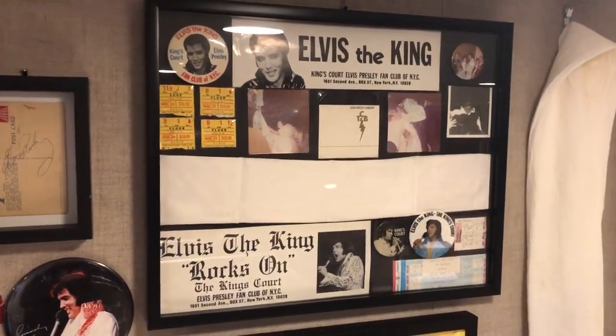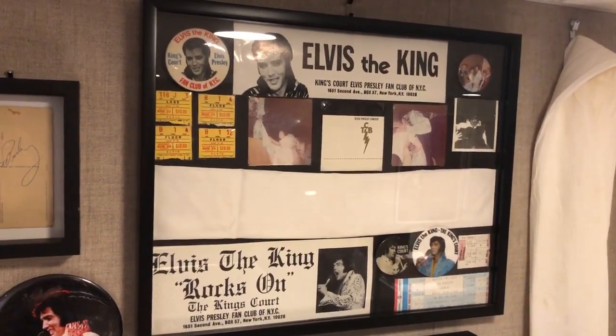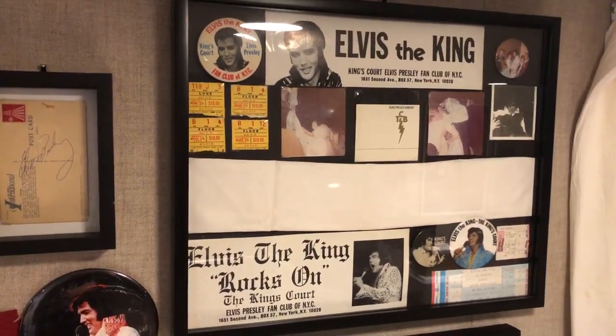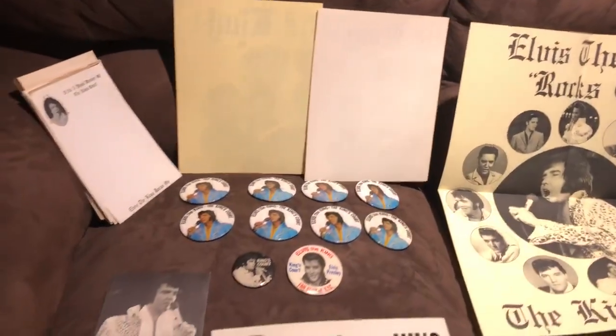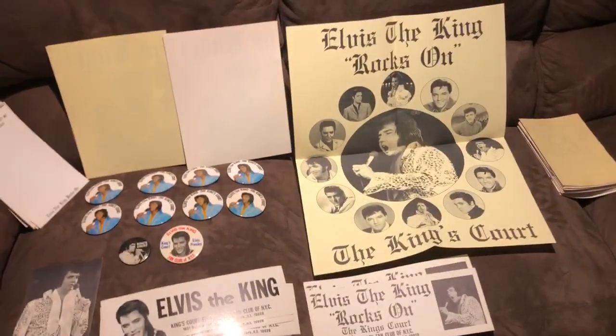So this shadow box shows some of the items. You have the button up top with the buttons, the bumper sticker, and then on the bottom there are two other buttons and another bumper sticker. All right, and then we look and we pan down, and we are going to see that this is basically the remnants of what we have left